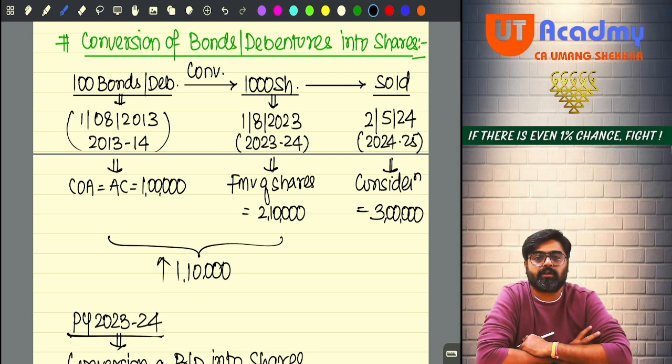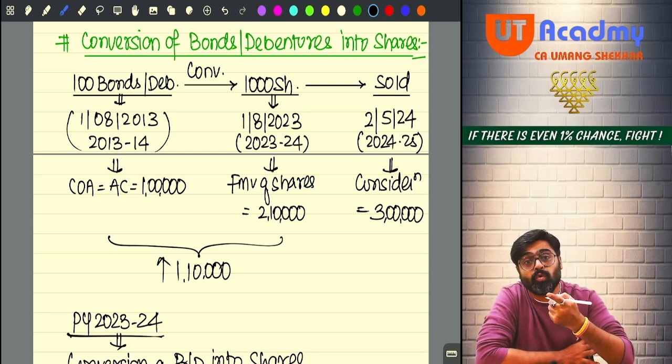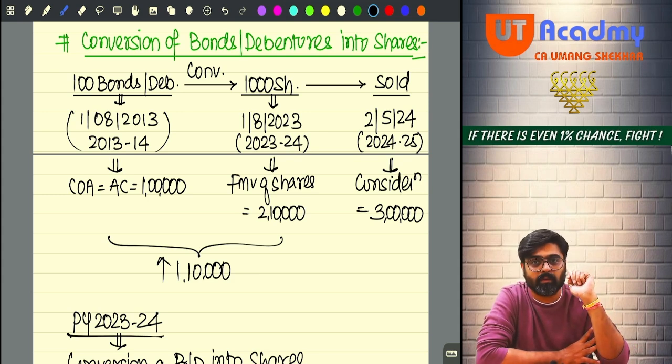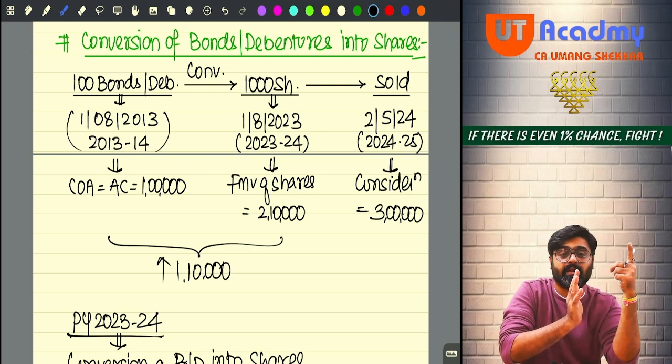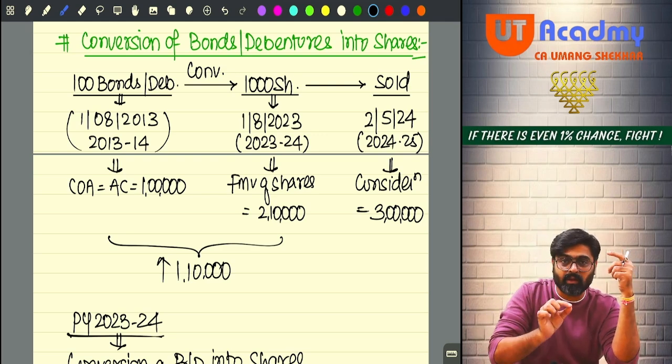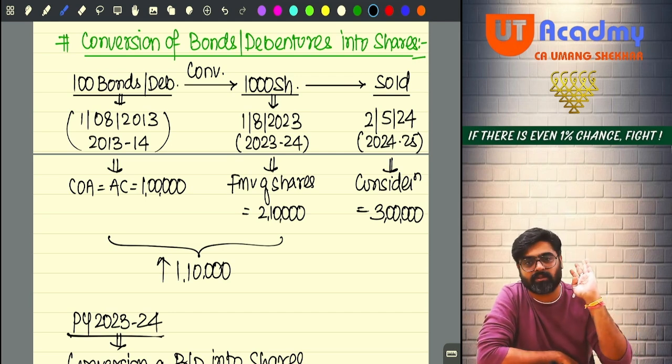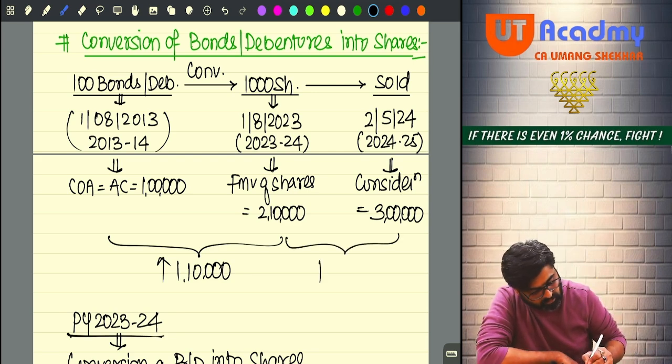What was the value of these shares when you first started holding them? 2,10,000. From that day you started holding the shares. Now the value of these shares started appreciating, and on 2nd May, when the value of these shares was 3 lakhs, at that time you are selling those shares. So can I say, during the period for which the shares were held by you, there was an appreciation in the value of shares by 90,000? Hello?